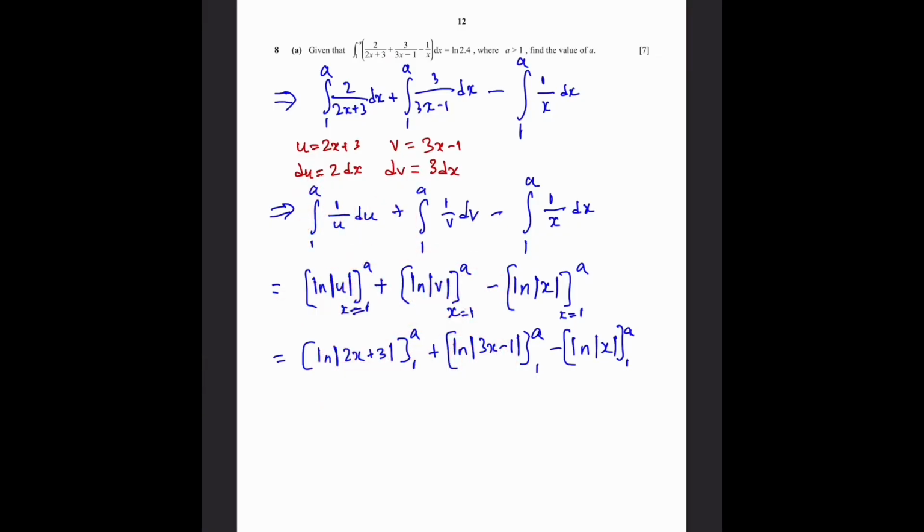So using the same principle, we just write this as ln of 2a plus 3